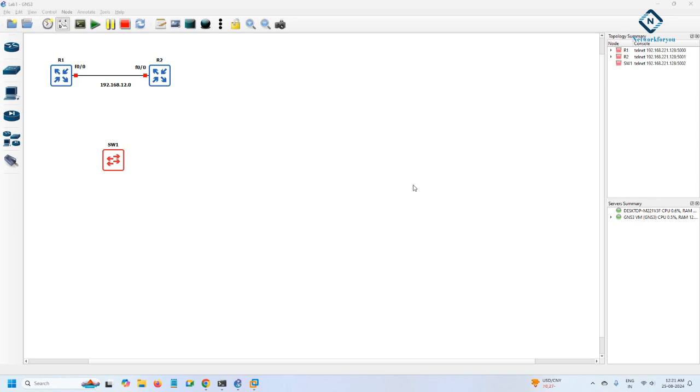Hello everyone, in this class we are going to learn how we can configure OSPF. If you see here, I have the router R1 and the router R2, and here is the IP schema which we are going to use between the two routers. Let's use the loopback. In this router I am going to use the loopback. Let me write loopback